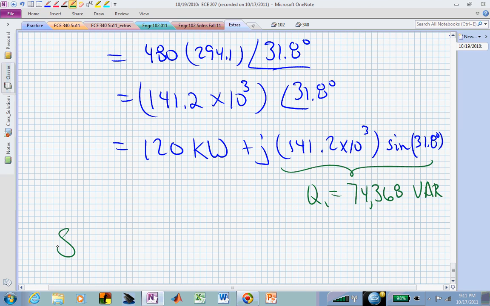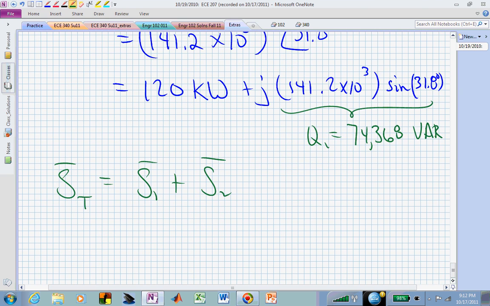Now we can find the total complex power. That's just the sum of those two complex powers. S2 was this 8,605.5 in real part, and now we write down